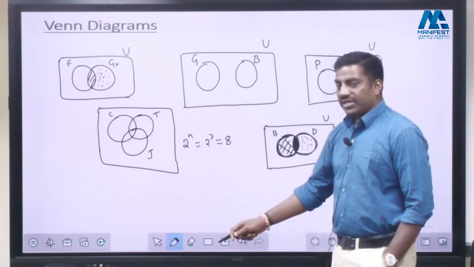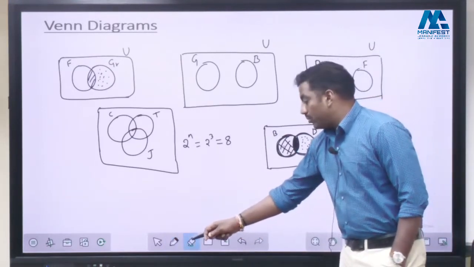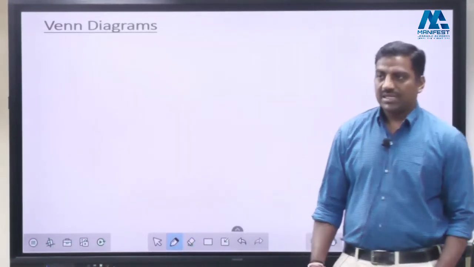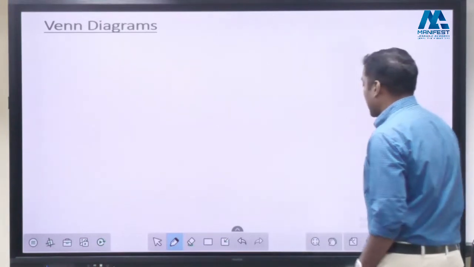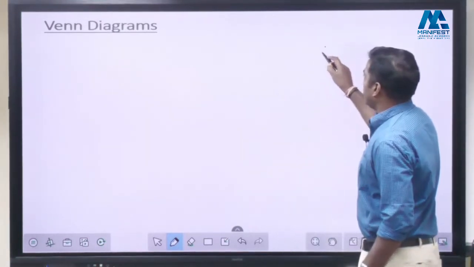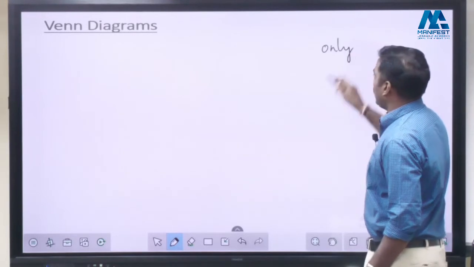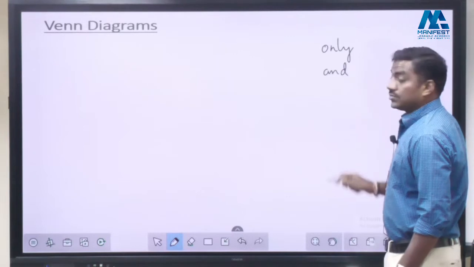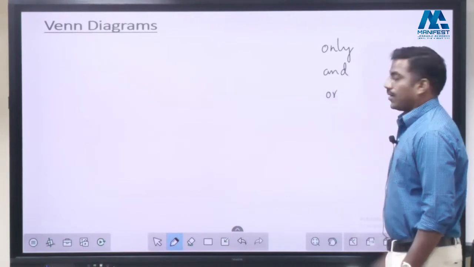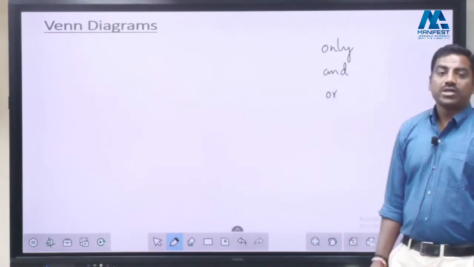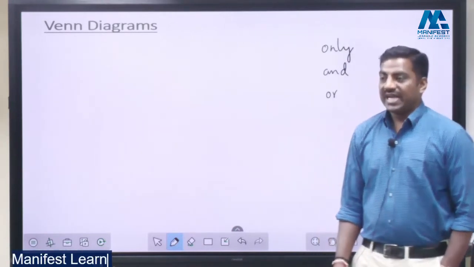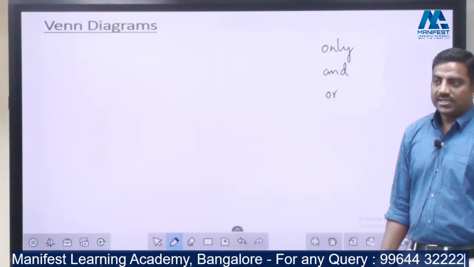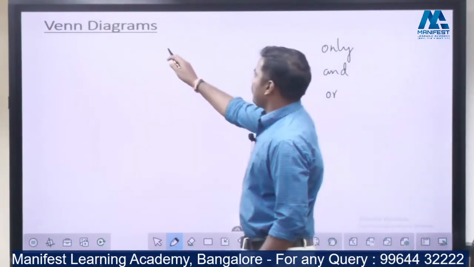And in the question, we have to be very careful with respect to every word in the sentence. Especially the words like only, and, or. These are very important keywords when it comes to Venn diagrams. We have to have a particular idea of these particular words. Understood? Now I'll tell you the